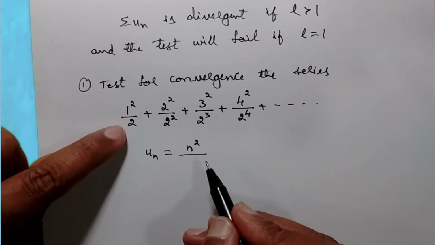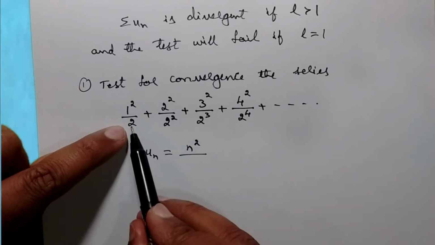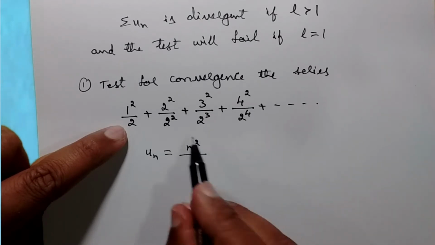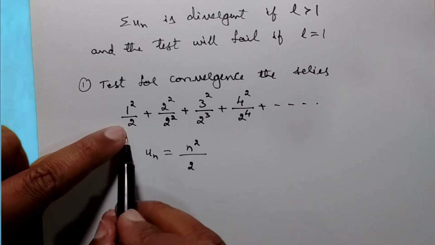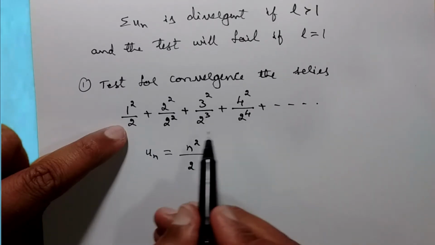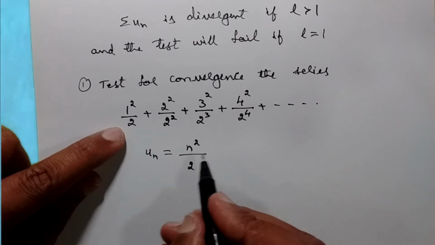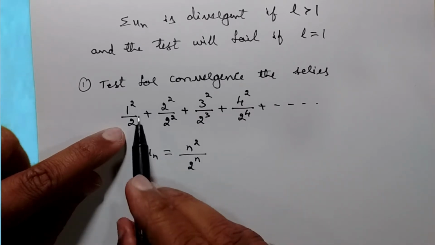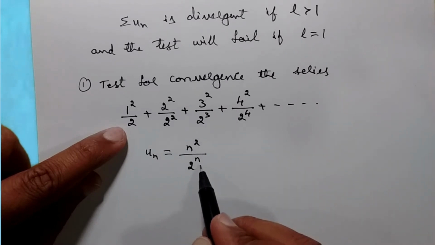Whole divided by, in the denominator, you try to see this 2. The base is the same, 2 itself. But the power is increasing. It's 2 power of 1, 2 power of 2, 2 power of 3, 2 power of 4 and so on. That means the base is the same, 2 itself. But what is the power? You can see the power is 1 here, the power is 2, the power is 3 and so on. Again it is 1, 2, 3 so on. So you can write 2 power of n. So put n as 1, you will get 2, n as 2 will get 2 square, n as 3 will get 2 cube, n as 4 will get 2 power of 4.